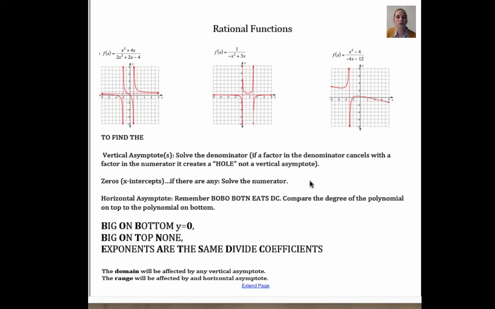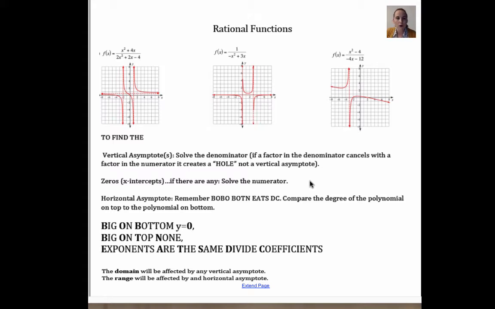Hi guys, today we're going to talk about rational functions. I want you to be aware of some of the characteristics of rational functions, where vertical asymptotes may be, where you may have a horizontal asymptote, maybe you don't have any horizontal asymptote, and then discussing the domain and range. So the goal of this video is to just make sure that you can identify different characteristics of these types